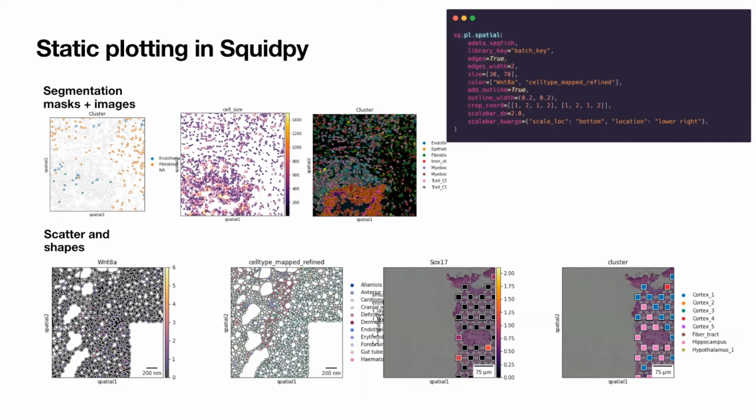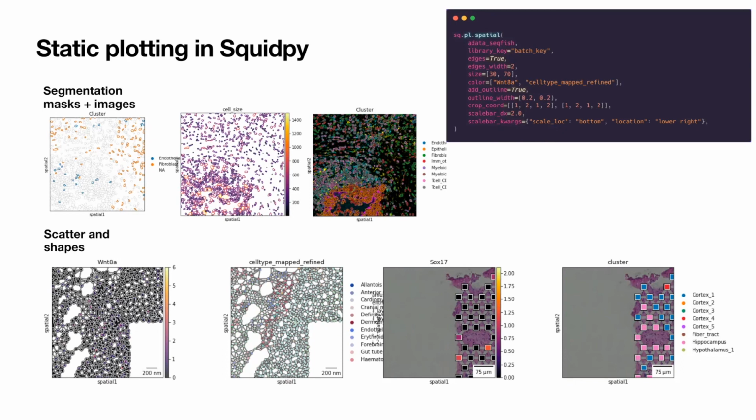static plotting functionalities. This is in the most recent version of Squidpy. Giovanni has provided a lot of these spatial plotting tools that essentially extend and improve upon the spatial plotting function that we had before in Scanpy. We are now moving this all to Squidpy. This plotting function will still be left in Scanpy for backwards compatibility, but if you want to use the kind of more advanced plotting that Squidpy can do, then you could use the spatial plotting functions that we have